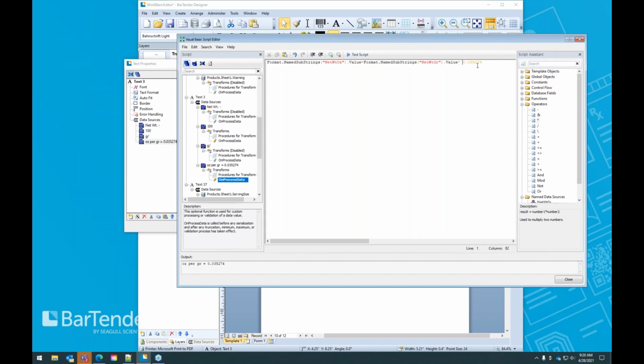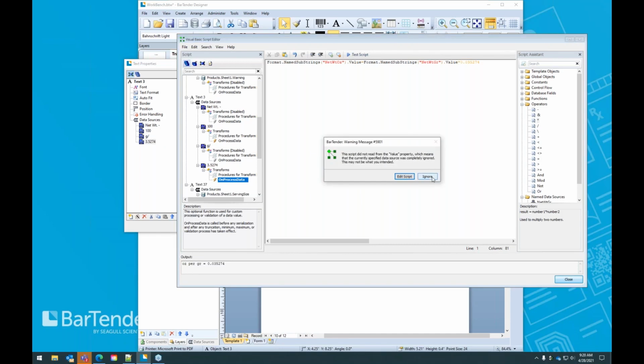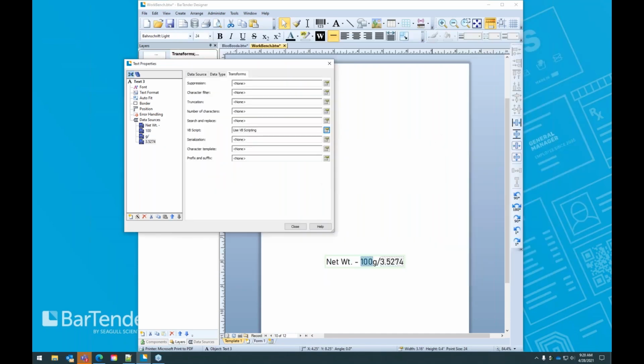Because there are 0.035274 ounces per gram, as everyone knows, obviously. So we're going to go ahead and close this up. It's going to say, hey, we don't have a value yet because the script hasn't run. And we're going to ignore that. We're going to say, oh, look, we have